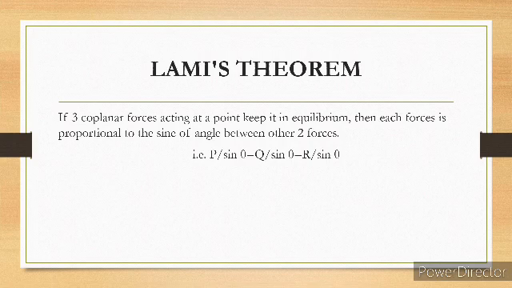In the lab also we'll use a plain paper and apply weights, and we'll draw the points, and again we'll measure the sin theta. We'll measure all three angles, P, Q and R, take the sine of each, and apply this formula: P divided by the sine of its angle, and so on. You'll apply this formula and you'll get the answer. This is what you're going to do in the lab, and in theory also it's the same. So it's all about Lami's theorem.